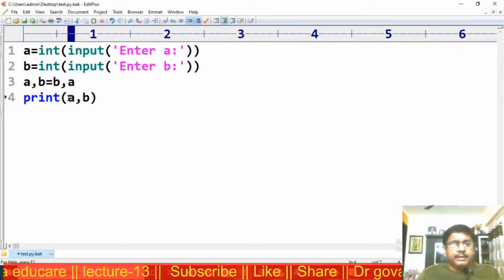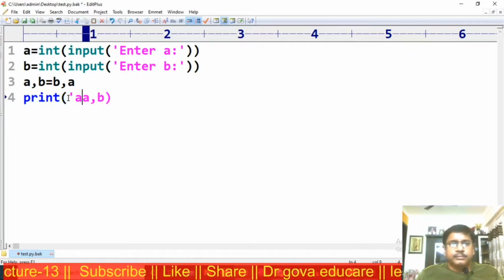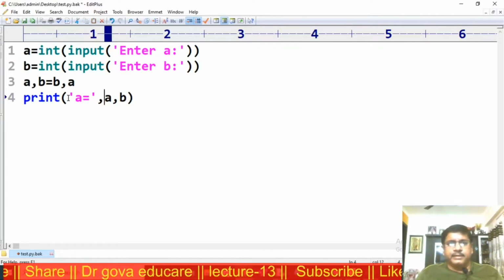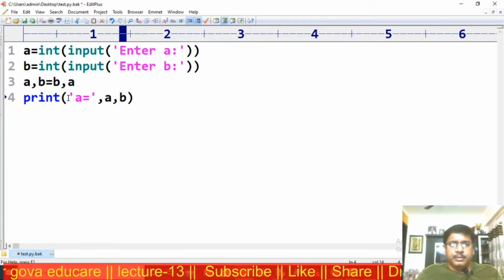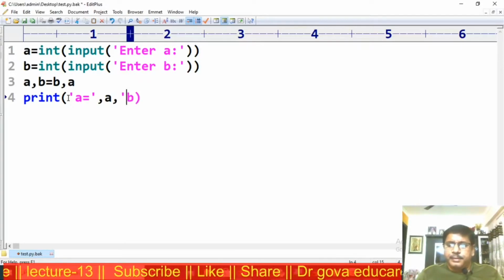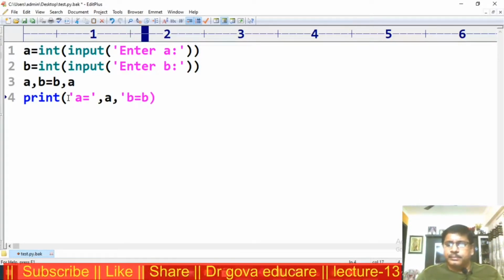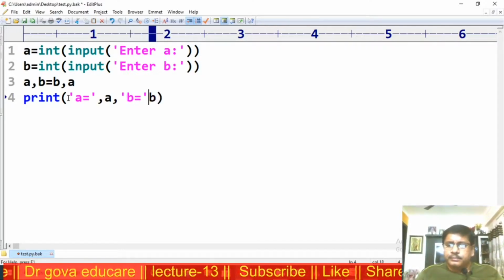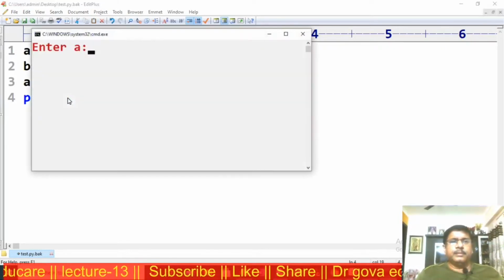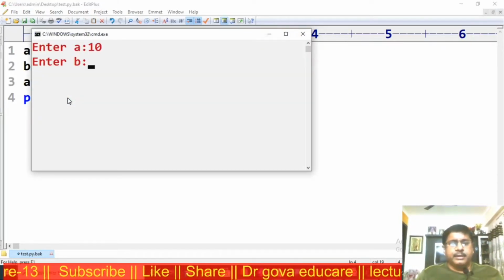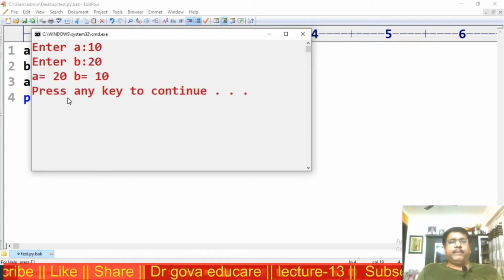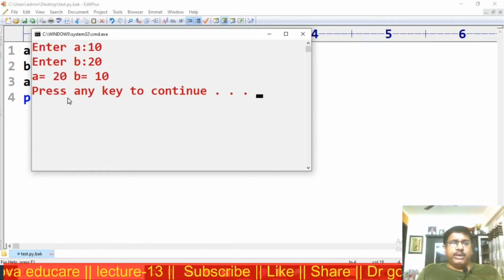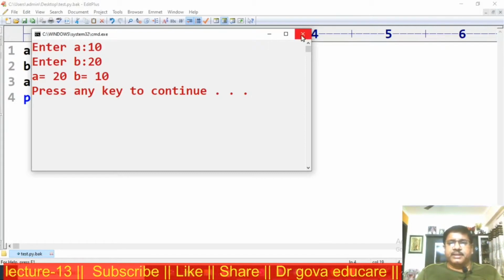Now for convenience, A is equal to, B is equal to, in a new line. Enter A is equal to 10, B is equal to 20. Now observe here, A is equal to 20, B is equal to 10. Now these two values will be swapped. This is the first method.